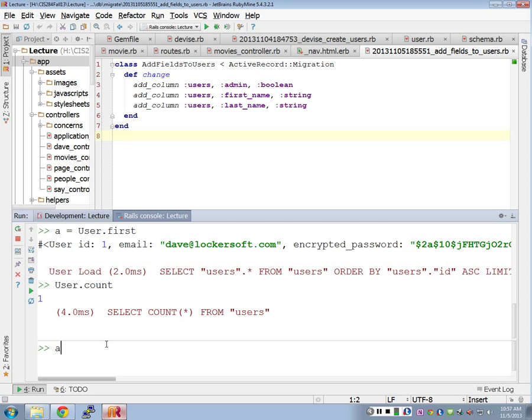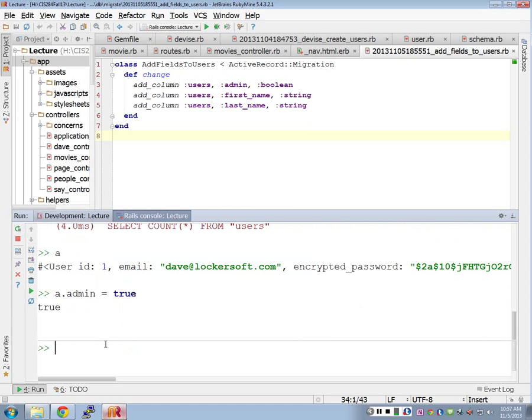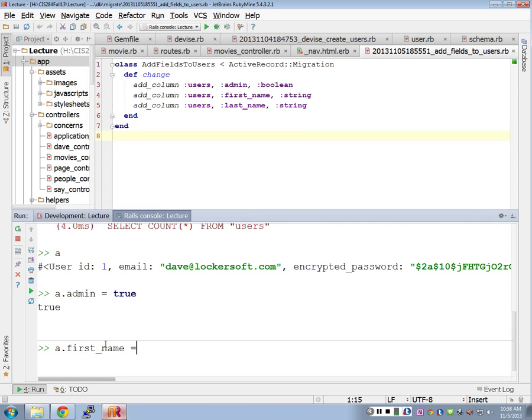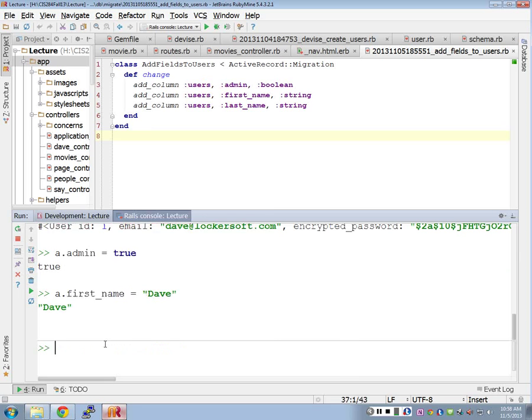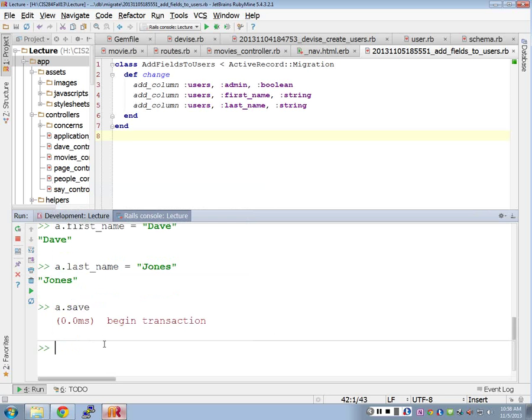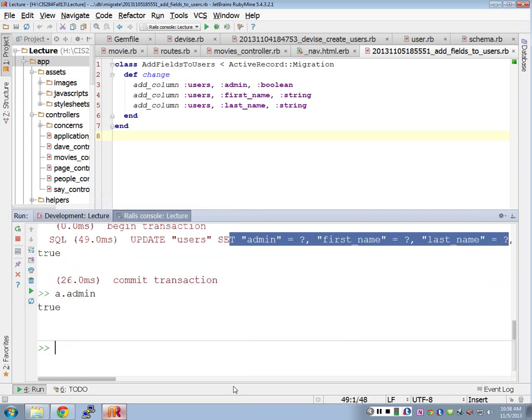Well, we have our A guy. A is me. A.admin equals true. Now he's an admin. And I might as well set my first name and my last name. And then how do I save it to the database? I have to actually execute this and save it back to the database. Save, all right? Bang, does the SQL, updates it, sets these three variables for me,